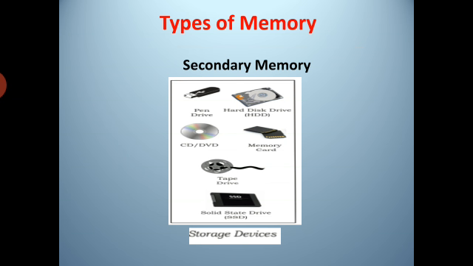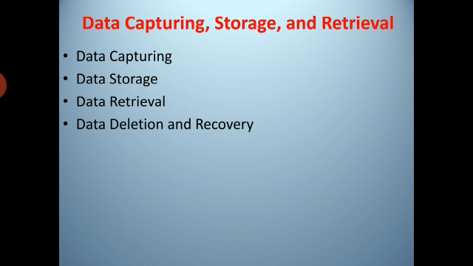Secondary memory. Students, primary memory has limited storage capacity and is either volatile or read only. Thus, a computer system needs auxiliary or secondary memory to permanently store the data or instructions for future use. The secondary memory is non-volatile and has larger storage capacity than primary memory. It is slower and cheaper than the main memory.